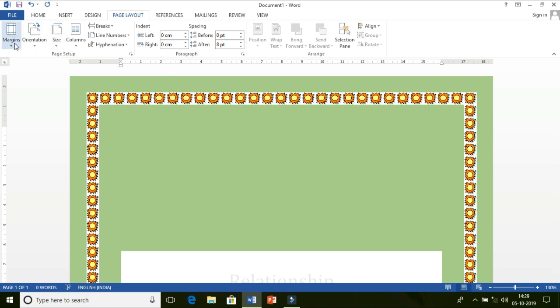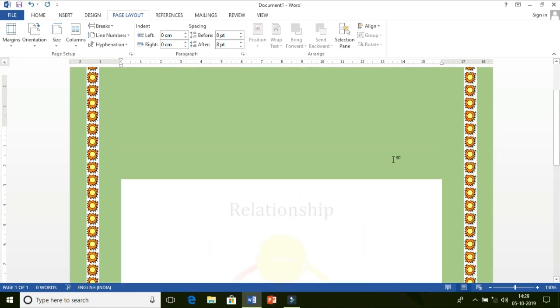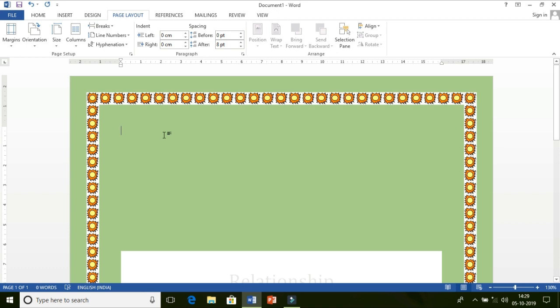The first option you can see here is Margins. Now what are margins? This is the gap between your text and the edges of the page. So this white space, just like the cursor starting from here, this space is called the margin from the top side, from the left side, similarly the right side and the bottom side also. By default, 1 inch top and bottom is the default margin, and 1.25 inch for the left and right margins. We can change it according to our wish.